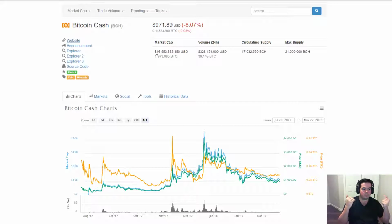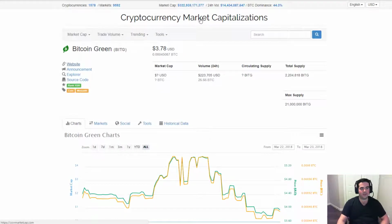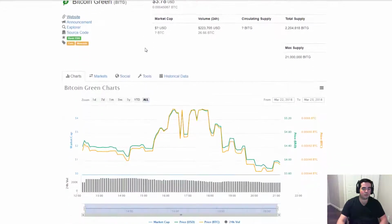So there's lots to talk about of that, and I'm not going to get into it right now. But obviously, that's Bitcoin Cash. Now, moving on again, we've got Bitcoin Green. Now, how many colors can we go through here, guys? Now, Bitcoin Green, BITG. This is a brand new coin, just hit the markets,